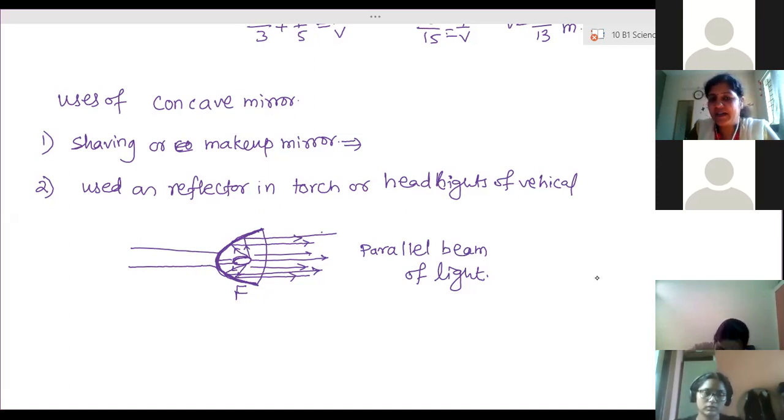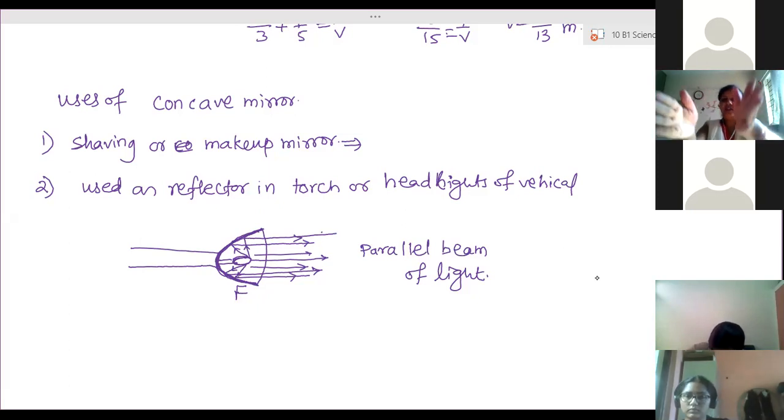The same thing happens in headlights also. In headlights also, the bulb is at the focus. All the light gets focused in one straight direction. It won't diverge much. If you see carefully, every vehicle's headlight is not spreading over a large area. It is the brightest beam of light passed parallelly. Clear? A strong beam is passed in a parallel, front direction.